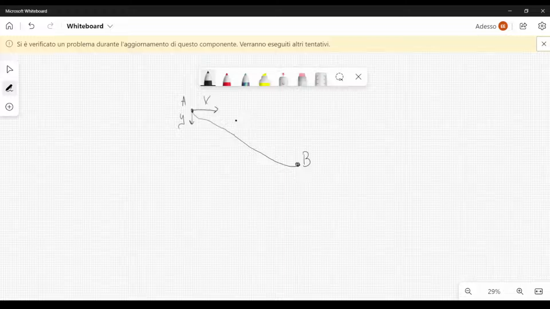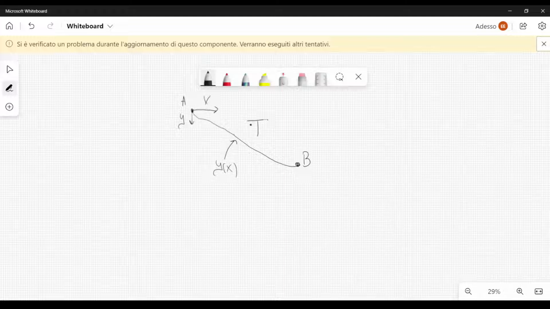And the question is, what is the path? And in particular, I'm talking about the shape of this path here. So it is some kind of function y which depends on x. What is the function y of x which minimizes the time for the object to travel between A and B? So it will take some time for the object to move from A to B, and we want to find the function y of x such that it minimizes the time, let's say capital T, to go from A to